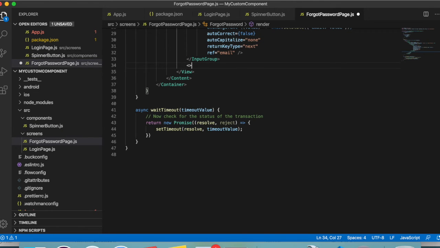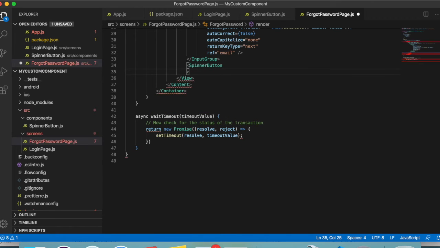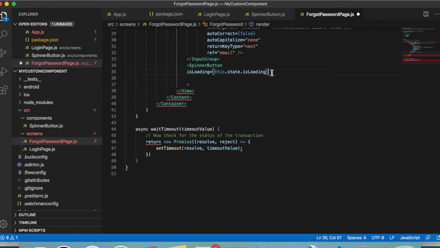It's as simple as adding the spinner button with the isLoading property and handling your onButtonPress event.